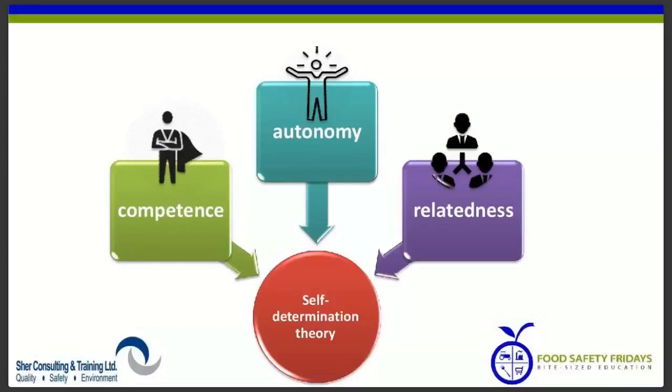who wants to feel or act on three components that are part of the build of their psyche. The feeling of competence. I am competent. I can do this. This empowers me as a human being. Autonomy. You don't tell me what to do. I decide it myself. I have my own independent thinking. And relatedness. I want to feel related to something. I want to feel that I belong to this. I'm doing it for a cause, for a belief.